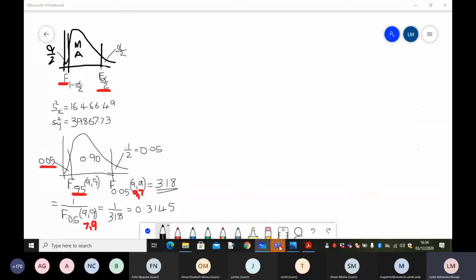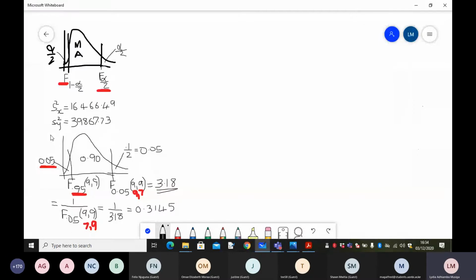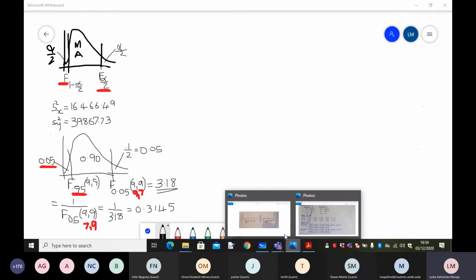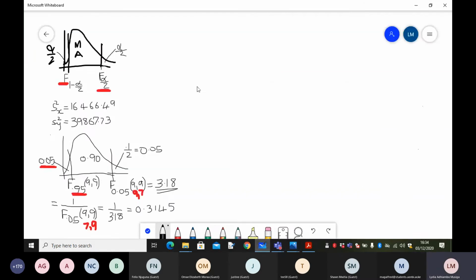Okay, there is a question. 0.3145. Yeah, I know you guys are sharper than me, so someone already had the answer there. Great. It shows we are understanding. So now we can substitute in our formula for the confidence interval. We have Sx squared, we have Sy squared, we have the F values, so we can substitute. And so if we substitute, we get our confidence interval being